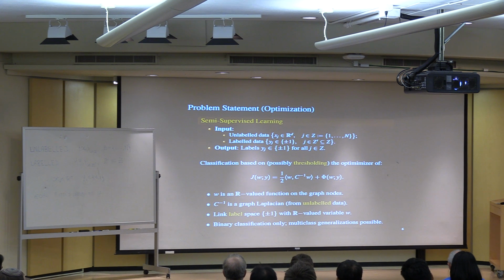A key point to understand is that we're linking labels, which are plus or minus 1, with a real valued variable w, which is the one that we'll be optimizing with respect to. The link between real values and labels plus or minus 1 will be through taking the sign function. For those of you that come from a background in applied math or level set methods, taking the sign function is very much related to going from a level set function to a piecewise constant function whose interfaces are the objects of interest. Here the interfaces are between the labels plus 1 and minus 1. Okay, any questions about the problem statement?